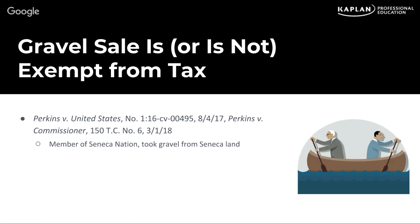And then what she was doing, obviously, is there's this market for gravel, so she's selling this gravel. She essentially removed the gravel from the land. That gave her an inventory of gravel, which she sold. She continued to sell this gravel even after she lost the right to take it from the land, basically because she had the inventory. Now, she took the position that there were two treaties with the Seneca Nation that exempted